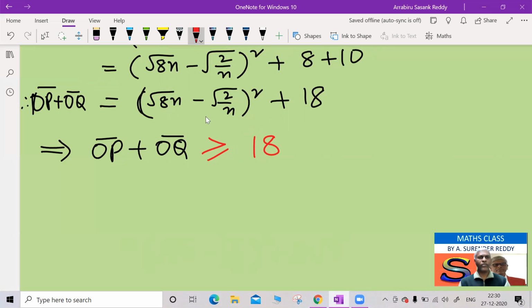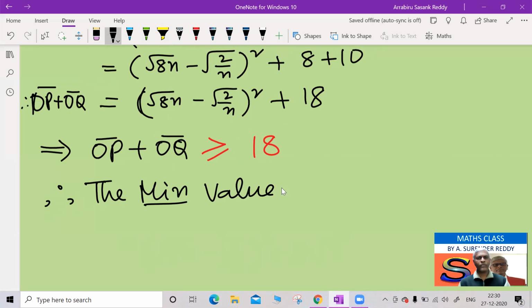So the right side value is always 18 or more than 18. Therefore the minimum value of